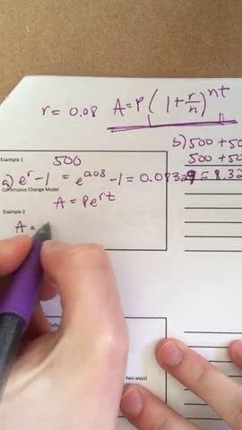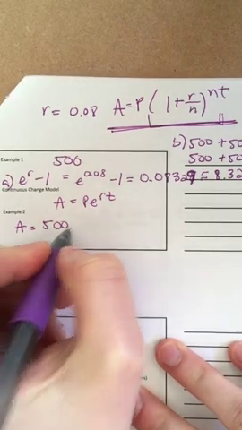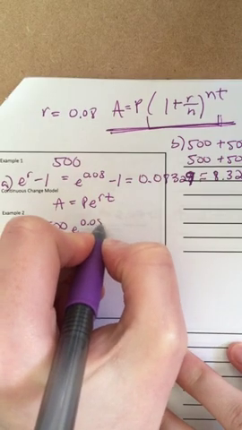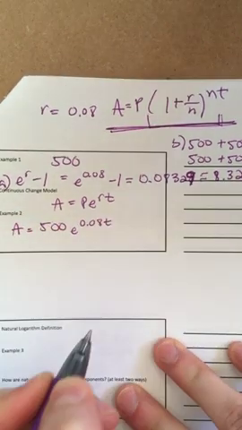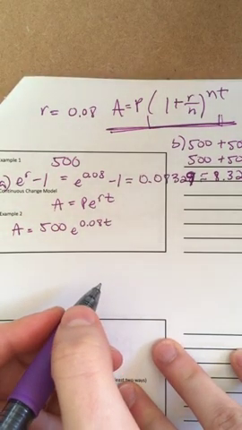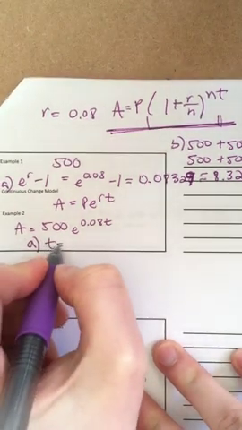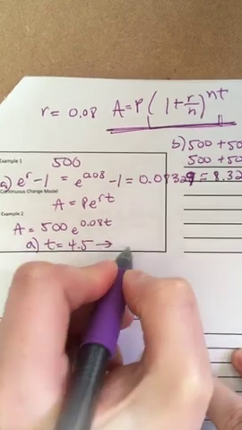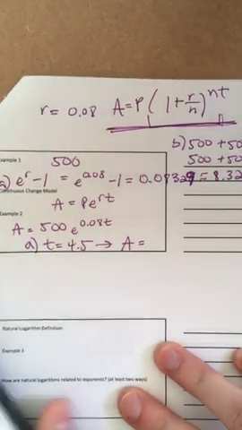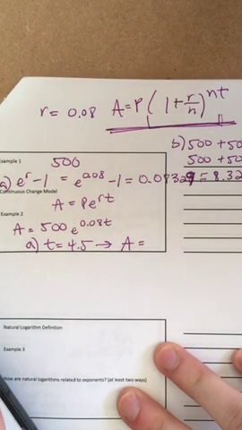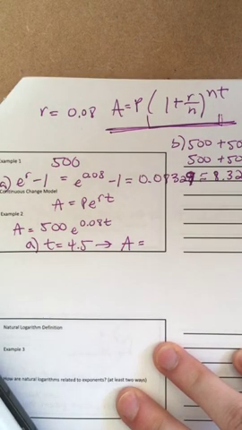I have A equals 500 as our principal. Our interest rate is 0.08 for however many years we plug it in. After 4.5 years, so if t is 4.5, in part A, 500 times e to the 0.08 times 4.5,